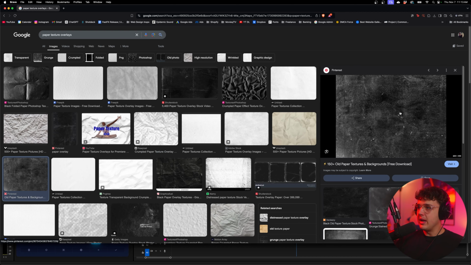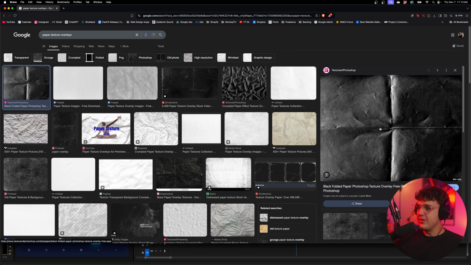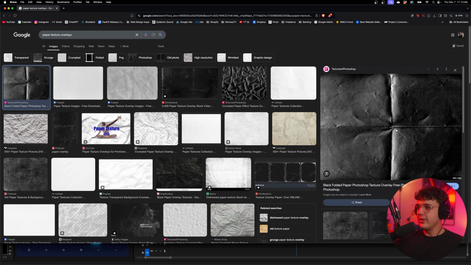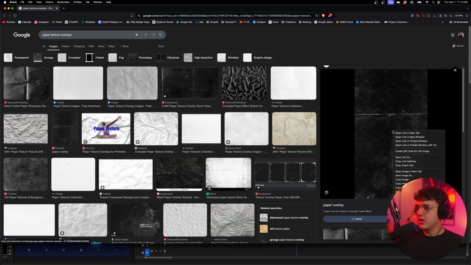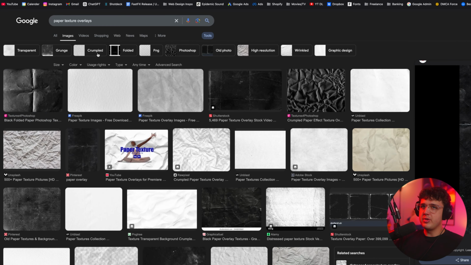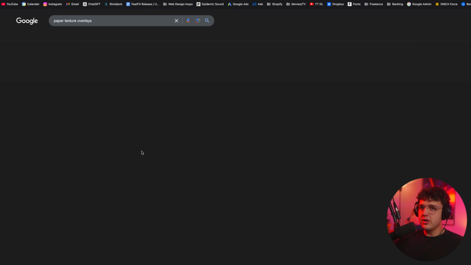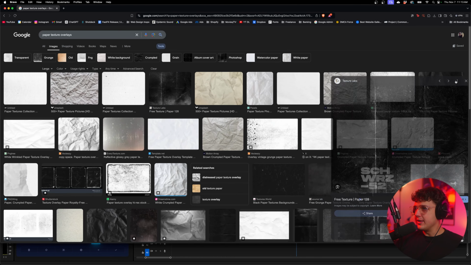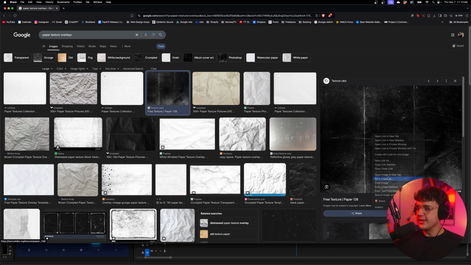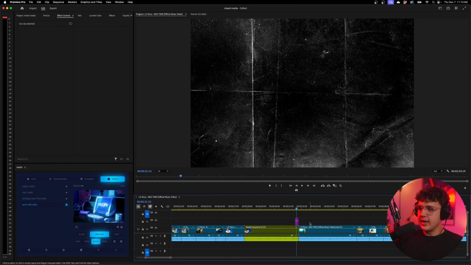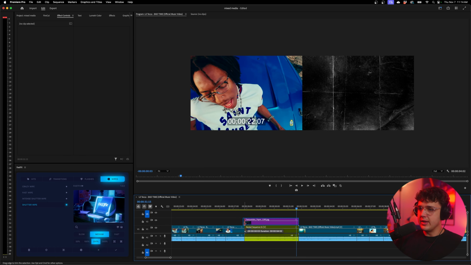So we have this old paper texture right here that looks pretty good. We have this one as well. I recommend just finding like a reference and then just continually scroll down as you go on. So let's go ahead and change the tools up here and change the size to large here. And then we could really get a look at the high detail ones. So let's go ahead and use this one here. I'm going to right click on it, go over and save it. And I'm going to drag and drop it inside of Premiere Pro here and make it cover the entire video